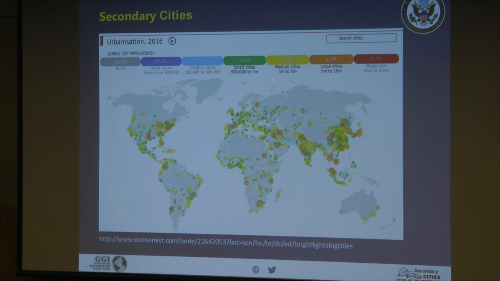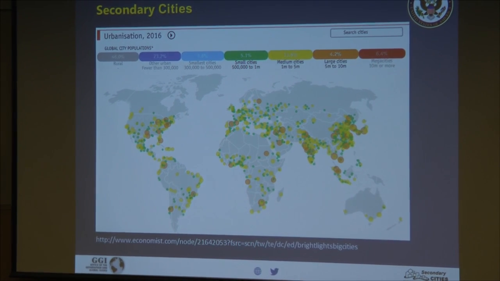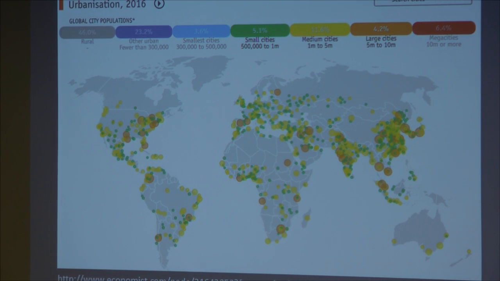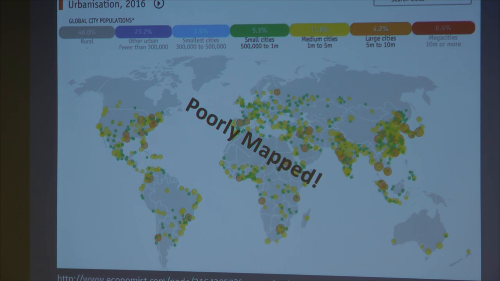And what I show in this map here that's from The Economist is looking at only the green, yellow, and orange cities shown there in terms of population size. So you can see that this is the extent of secondary cities in 2016 around the globe. And what we can learn from this is that we have this urban continuum that's forming where we're looking at larger and larger metropolitan areas as well as urban corridors. But the key thing about these secondary cities is that they're poorly mapped. We want to be able to figure out ways that we can start to collect information about these locations and be able to map them.